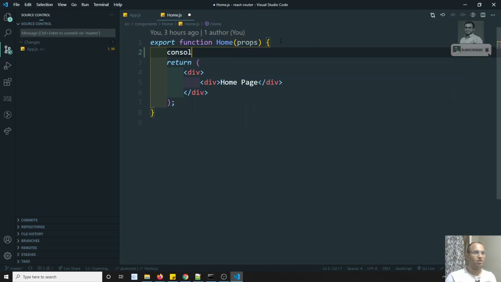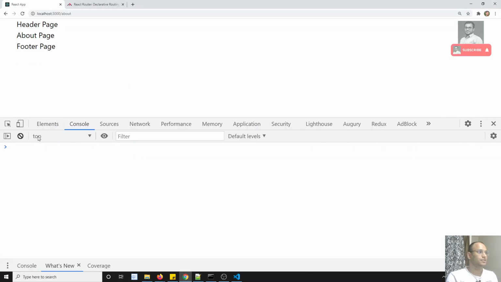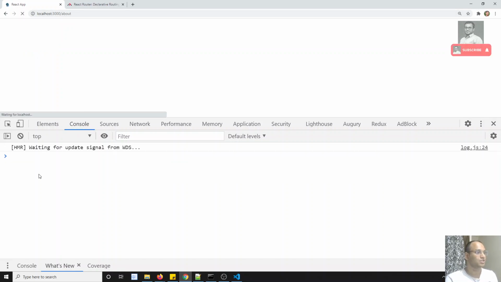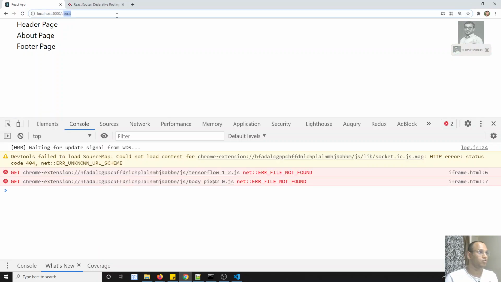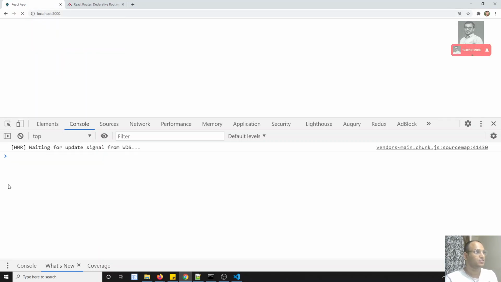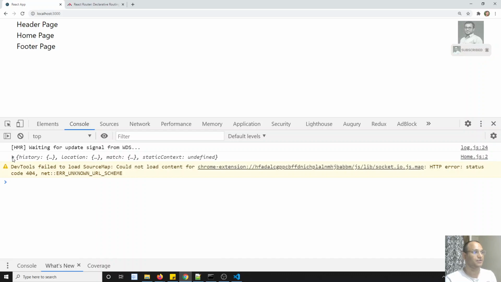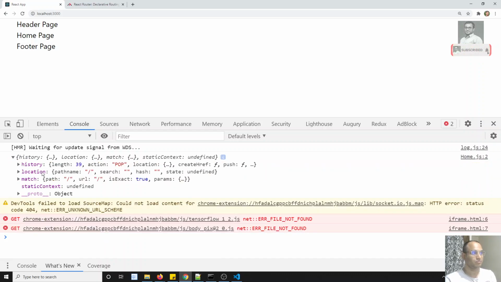So if you try to see the console.log props, here you will see a lot of usage with the props. If I click console and refresh this one, you will be able to see the props here. Sorry, not in the about, in the home page. So in the home page, you will be able to see the history,